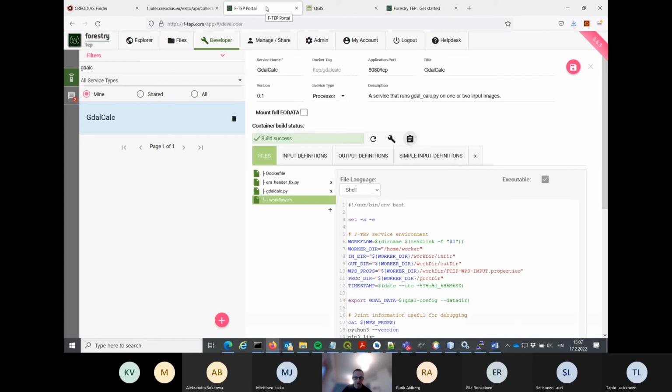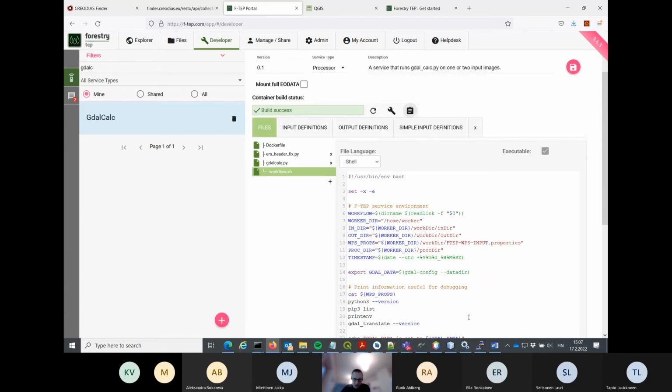So for this GDAL example, you see these environment variables. And one thing that is worth mentioning is that any user-given inputs for the service are available via this WPS props environment variable. So it's the fifth blue line there. So the script will receive via that single environment variable all the user-given inputs. And where Lauri has his mouse now,